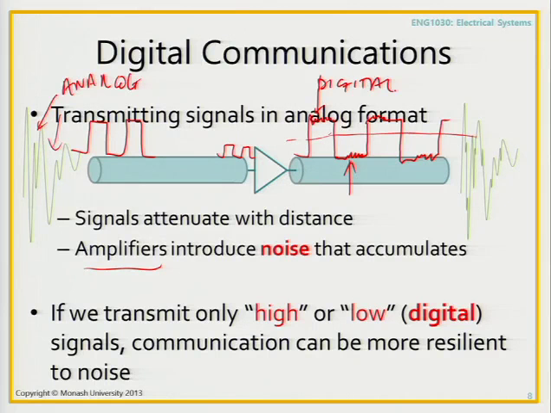Okay? So if we only transmit a high or a low signal, then the communication can be more resilient to noise. And that's exactly what we do. We transmit high and low signals as opposed to trying to transmit an analog signal. So a key difference,